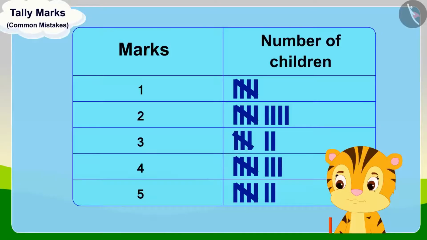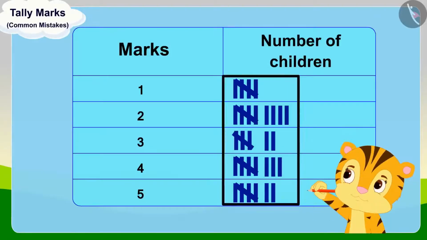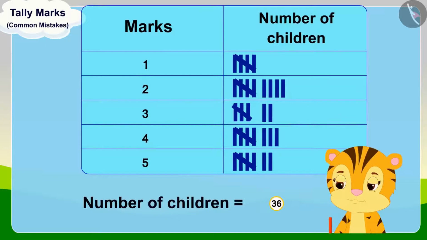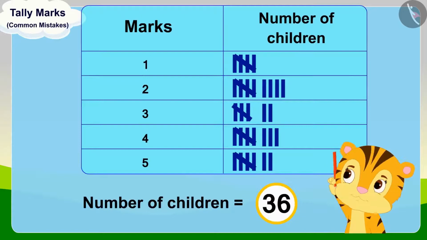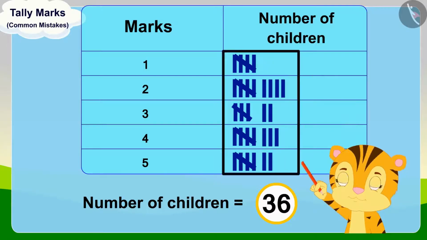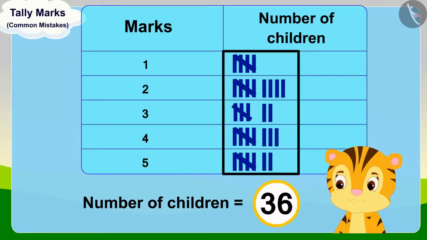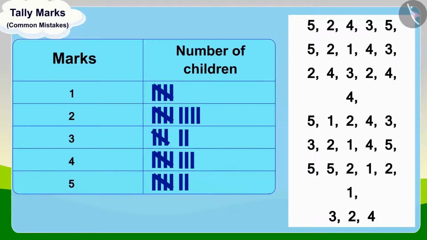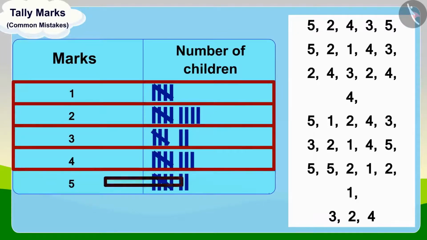But when she looked at the total number of children in the table, she found that the marks of 36 children are recorded in the table. Mrs. Khan started wondering, because the total number of children is 35, and according to tally marks, marks of 36 children are recorded. Then she thought of a solution to this problem. She thought, why not check the tally marks of each score once again?